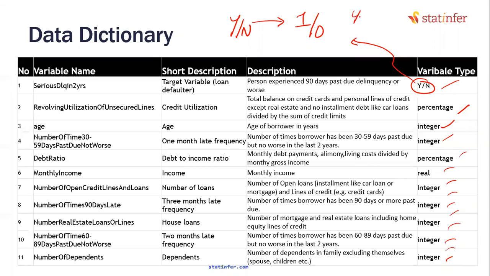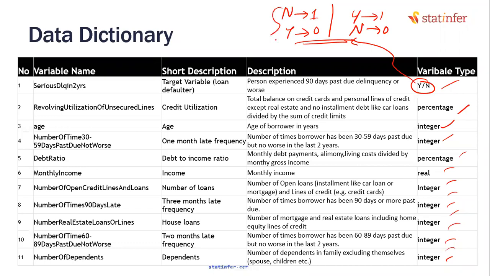What do you mean by yes? Was it 1, and no is 0? Or the other way around? What about n has been given as 1 and y has been given as 0? That also we need to be careful about, isn't it? Otherwise everything will go upside down. But usually yes will be 1, no will be 0.